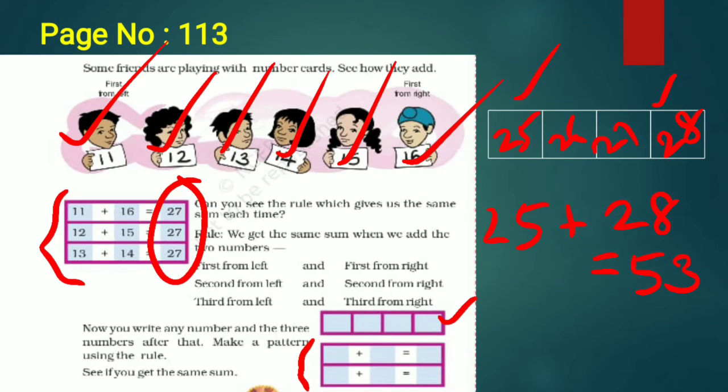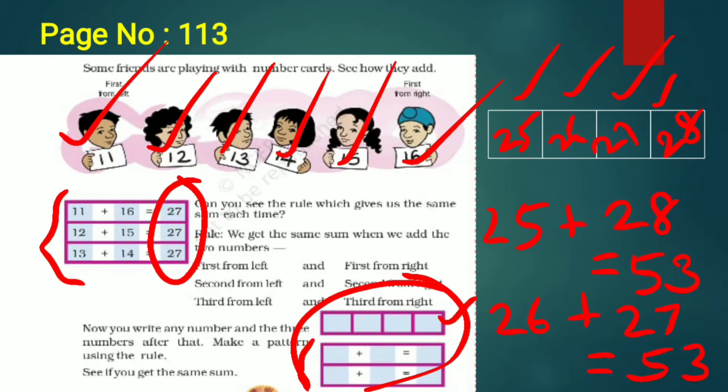Excellent, dears. Next, listen to me. Next, second from left and second from right, that is 26 plus 27 equal to 53. You all know that 7 plus 6 is 13, so 3, plus the remaining 1 will be there, and 2 plus 2 is 4, and 1 will be there, and you will be adding 4 plus 1, then you will be getting 5. So you are going to complete this one by seeing what I have completed here. What I have done here you can just see and write.